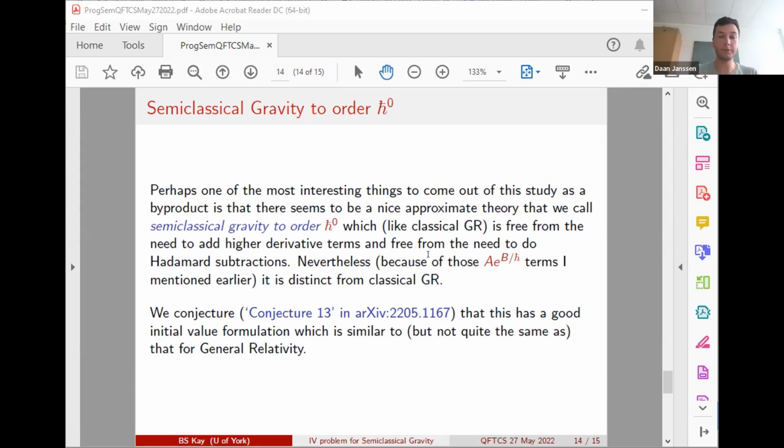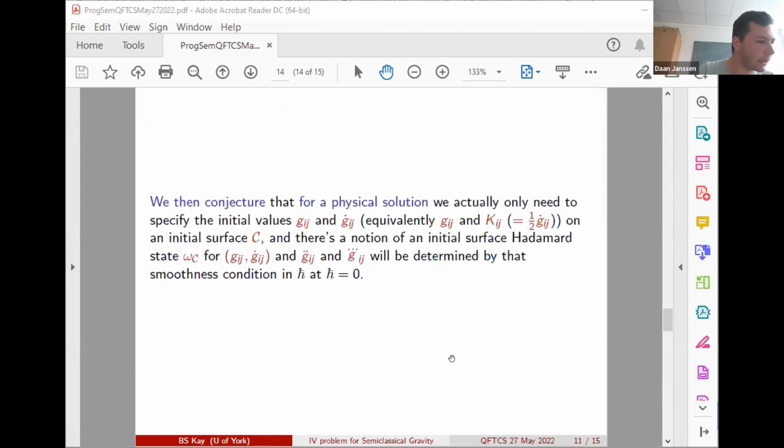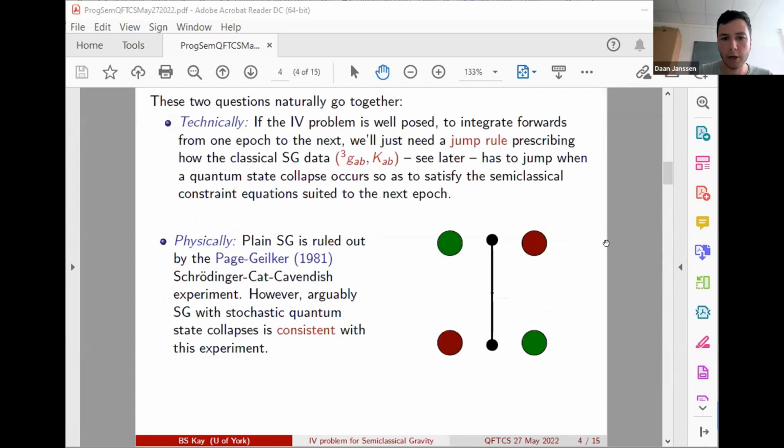Hi, Bernard. First of all, nice talk. I had a couple of questions actually. Maybe some of them might also be answered in the next talk, but before I forget them, I would like to ask them. So you mentioned this Page-Gardner experiment. I may be wrong, but as far as I recall, this was a sort of proposed experiment, but never